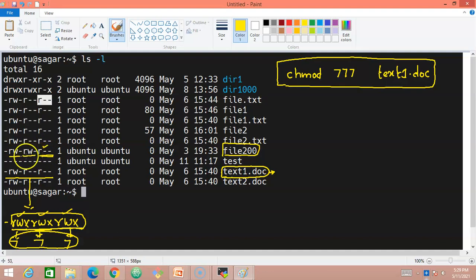So what I am planning to do is we would like to have read write and read write. So hyphen, what is it that we would like to give? Read write, hyphen, read write, hyphen, read write again, hyphen. So this hyphen is for execute permissions. So for user or owner we are giving read write. For group we are giving read write. And for other users also we are trying to give read write permissions.